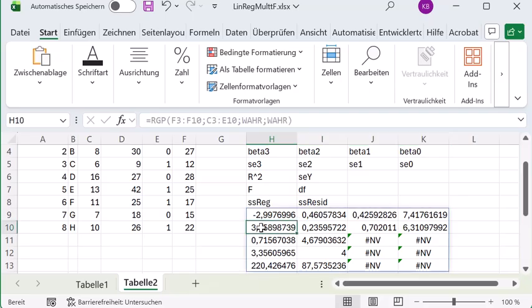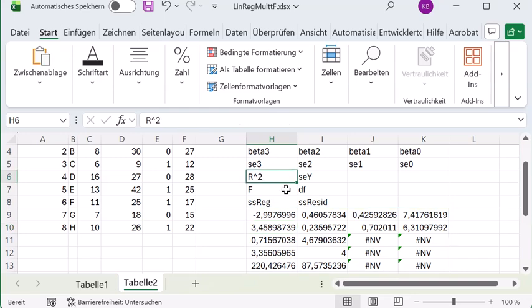These down here are then more or less our diagonal elements: the standard error of beta 3, beta 2, beta 1, and beta 0. And here we obtain what we need for the F-test. We also directly obtain our R squared. So from a descriptive standpoint, we can say that our data says that we can explain almost 72%